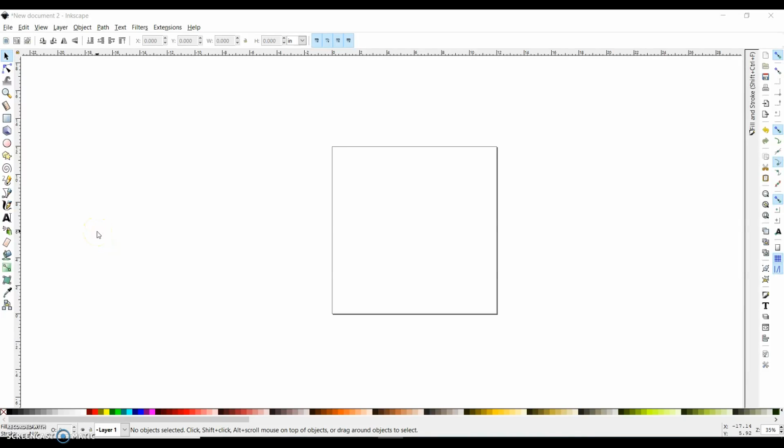All right, everybody, we're going to take a look at how we create vectors in Inkscape. And all that vectors are is simply lines that are going to become paths for any of our computer controlled equipment. So whether that might be the laser cutter or the CNC plasma cutter, a CNC router, any of those types of things, we need to create lines that can then be turned into a code that tells that machine